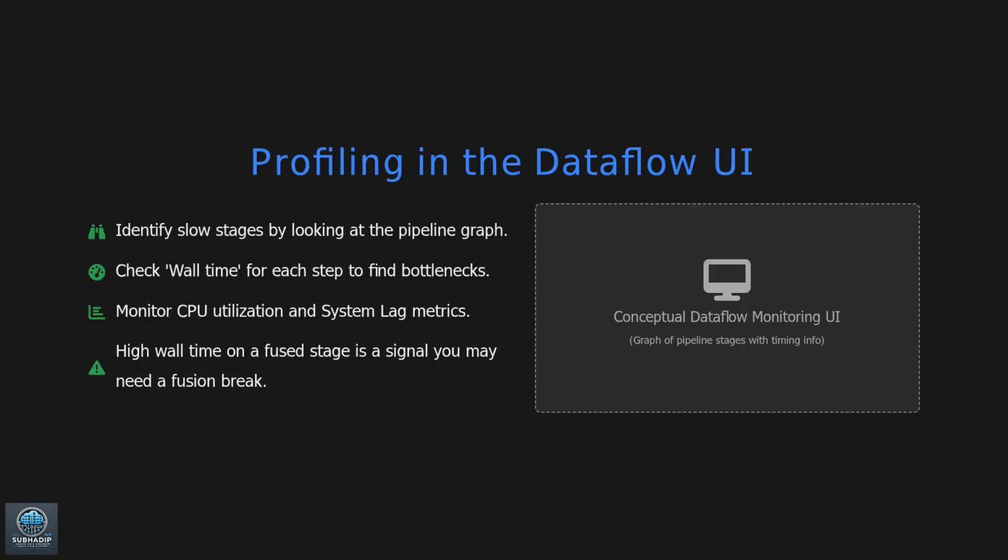How do you know when to do this? The key is monitoring. The Google Cloud Dataflow UI is your best friend here. You can visually inspect your pipeline's execution graph. Look for stages with a very high wall time. This indicates that the stage is taking a long time to complete. If you see a fused stage with high wall time, that's a prime candidate for inserting a fusion break